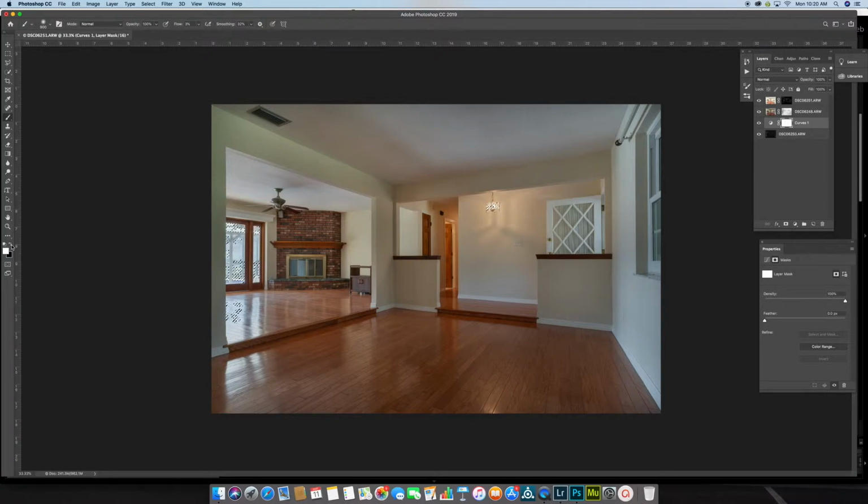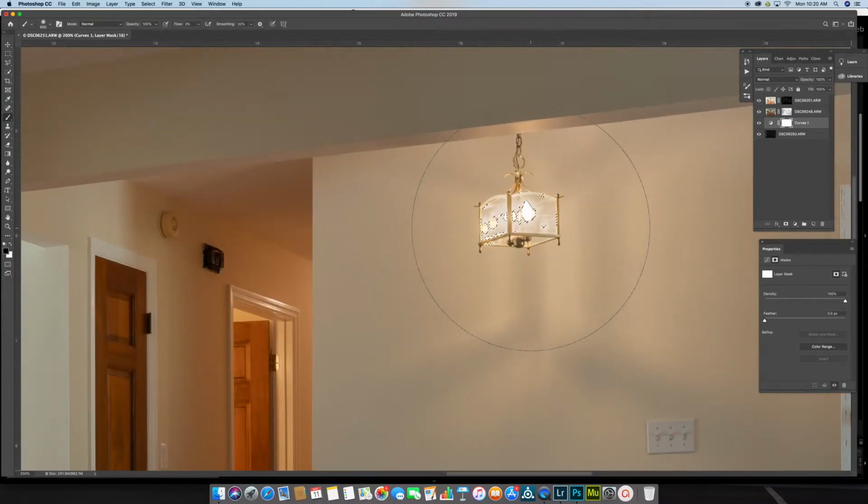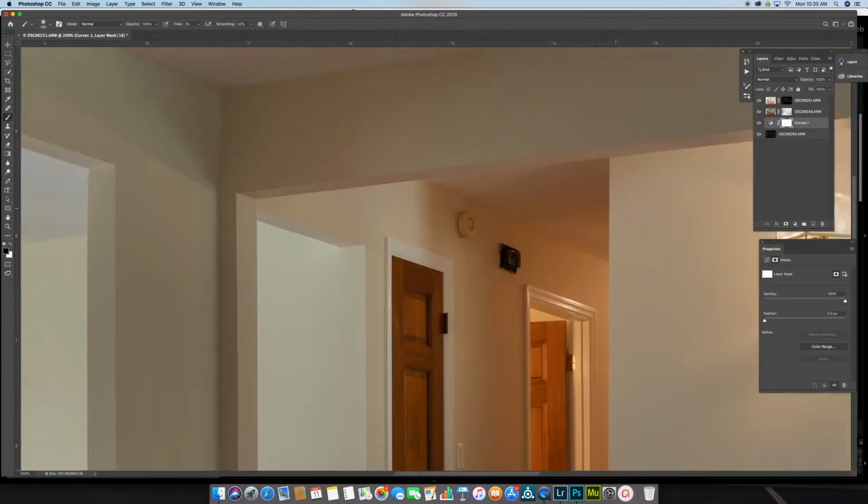You can click here or you can hit X. So now I'm painting black on here. I'm going to hide the marching ants by going Command H, hide it. And I'm going to brush in just at 3% just to protect the brightest of the bright. Here,